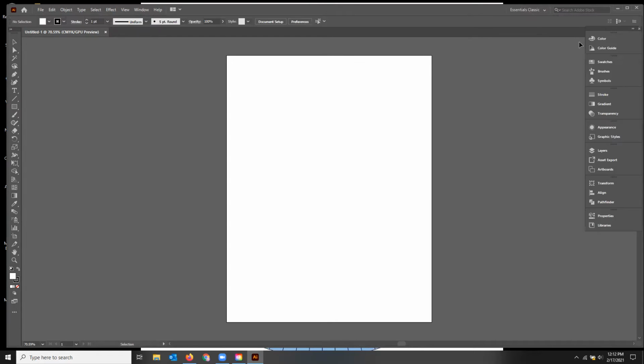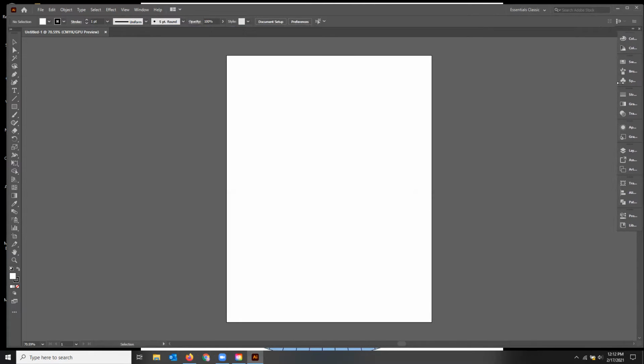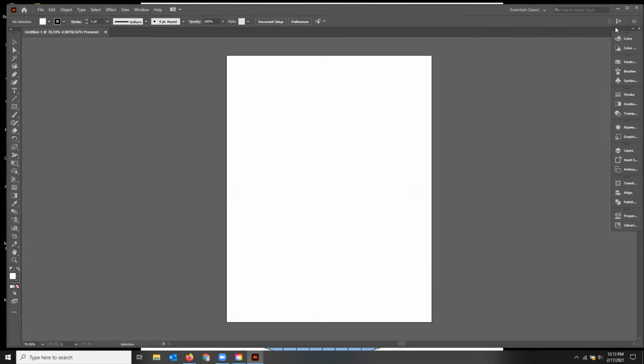Essentials Classic is more of the style you would see whenever I'm using the CS6 version. If you notice, it looks pretty similar. It's just a little bit wider. I could make this skinnier, and then you'd only see that part. This actually can float. It can go anywhere you want, so it's not stuck right here. I could keep it over on this side, but I have been using